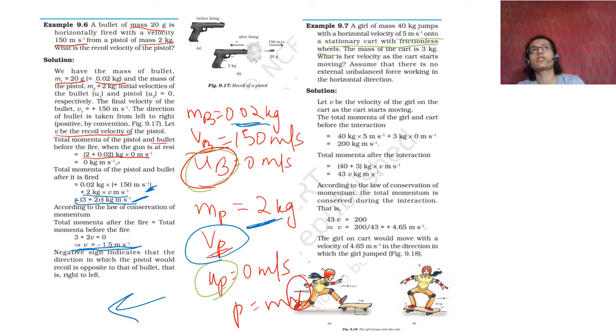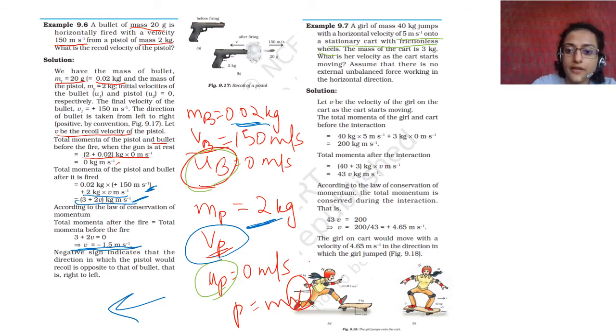Otherwise, if you include friction, it will become very difficult. Friction is an external force, so the law of conservation of momentum gets changed, because an external force is acting on it, and you will have to consider friction also. You don't want to do that at your level, that is why they always give you a frictionless surface.